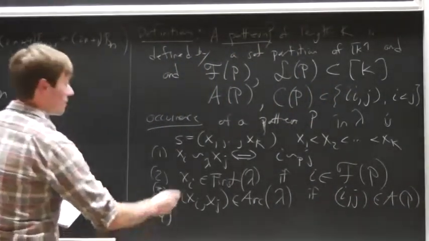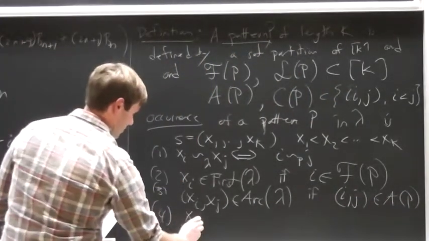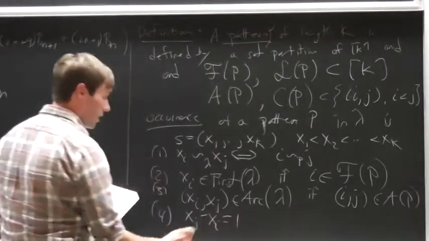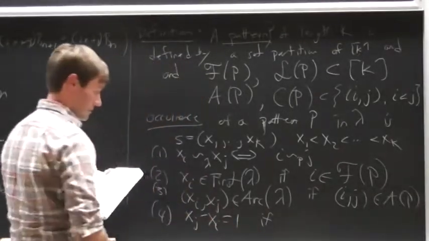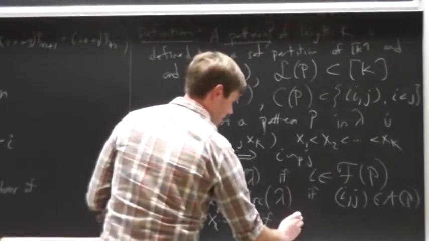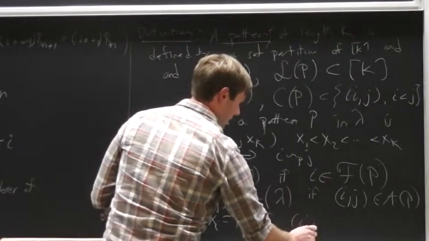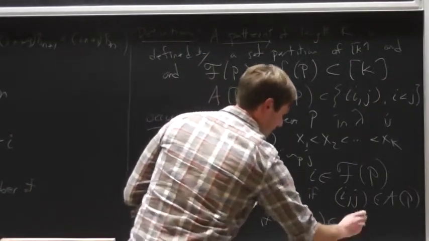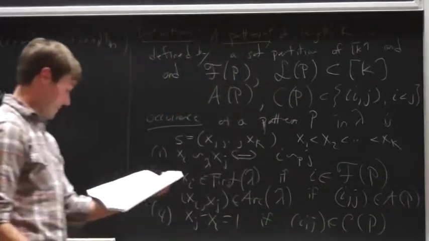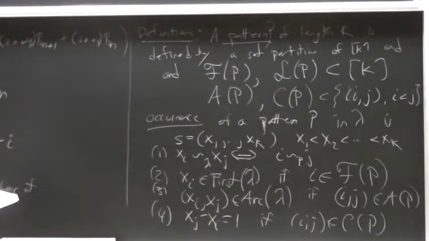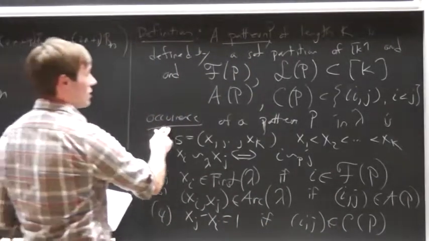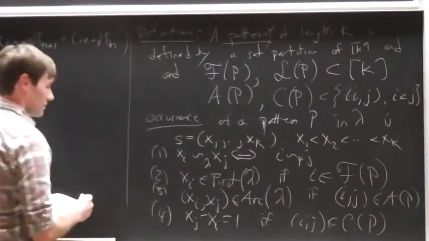And consecutives means xj minus xi equals 1, if i and j are in this special set C of P. Okay, and when this occurrence appears in lambda, we write,